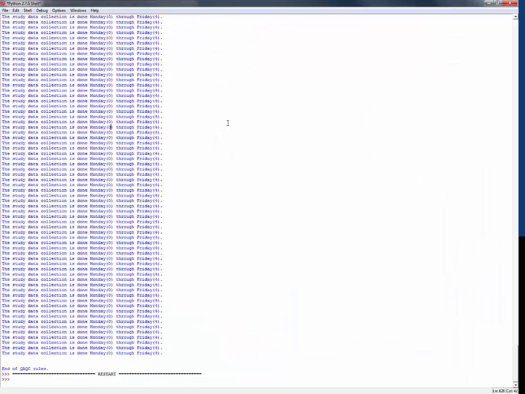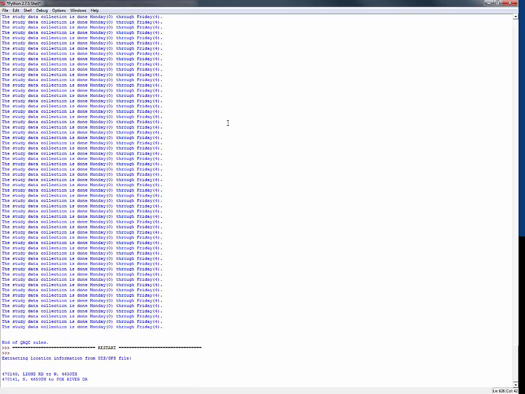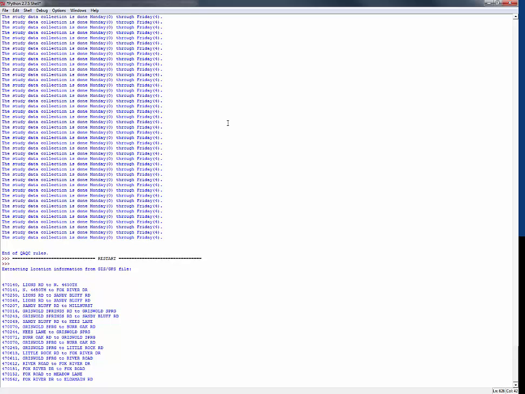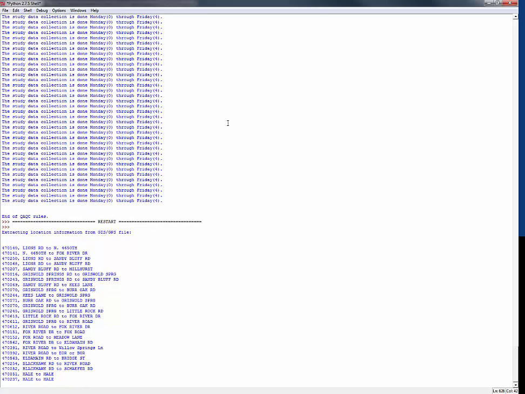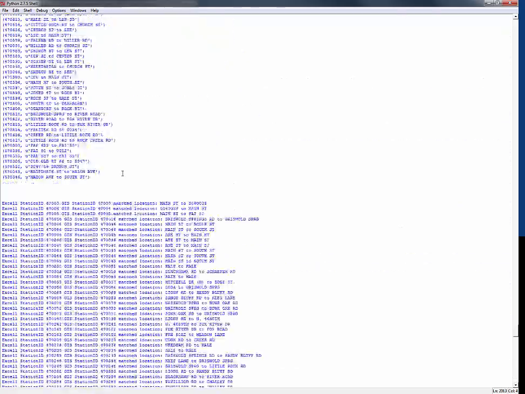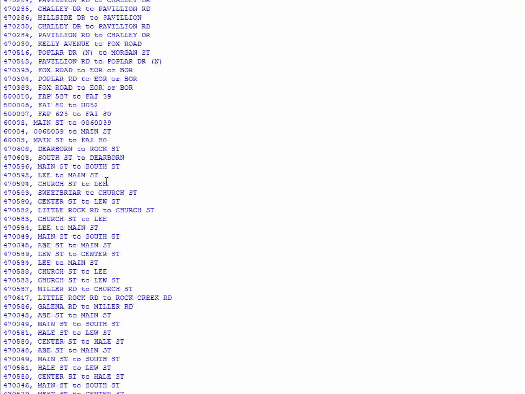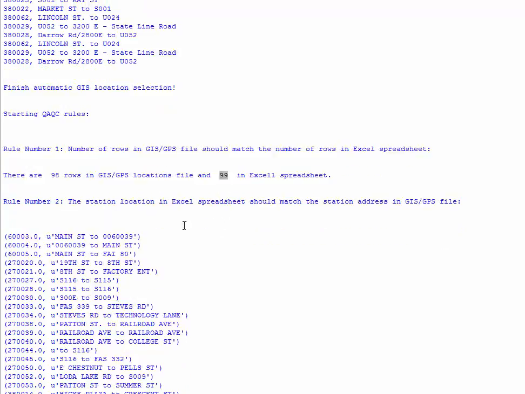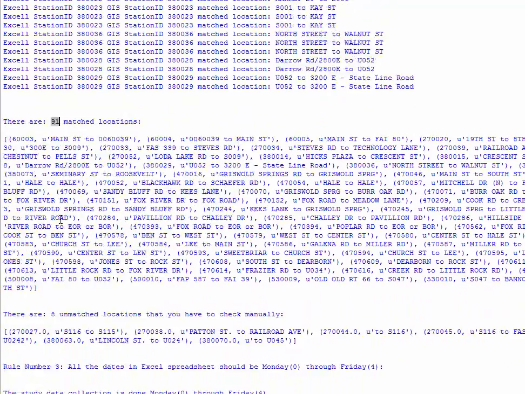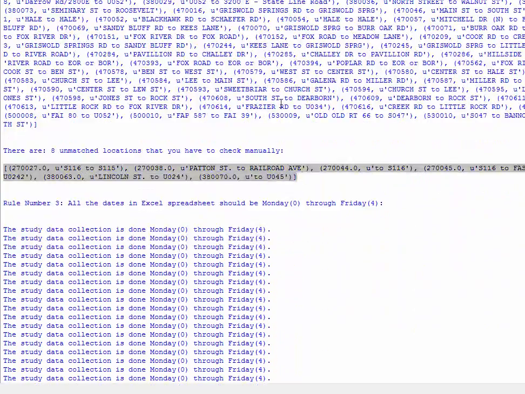So we know that we put them in there now. We're going to have the program rerun it. We're going to see if it finds those 3 particular errors. So going back to the data again, there are 98 rows, but there's 99 in the spreadsheet. So there's 1 extra. There's that verification. There's 1 extra row. Now there are 8 unmatched locations. And we need to go back and look at it. So that's